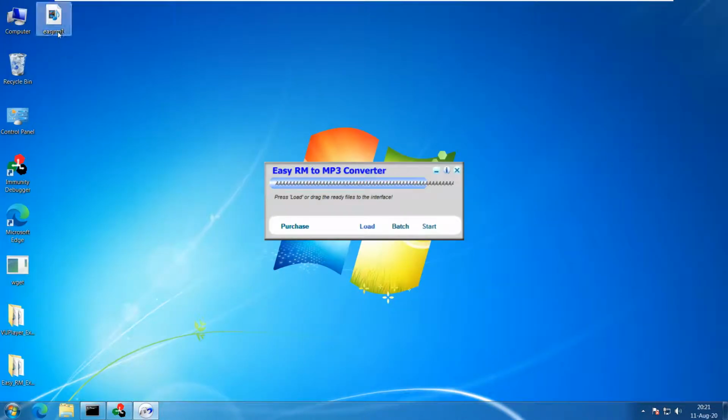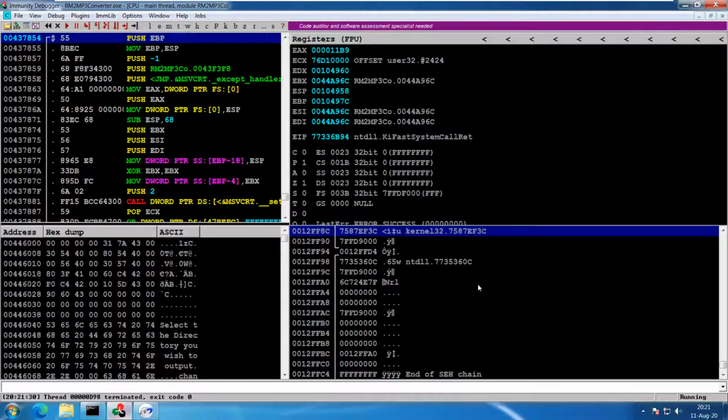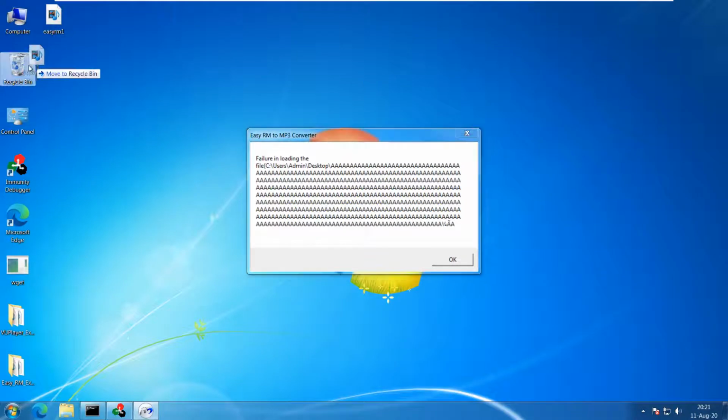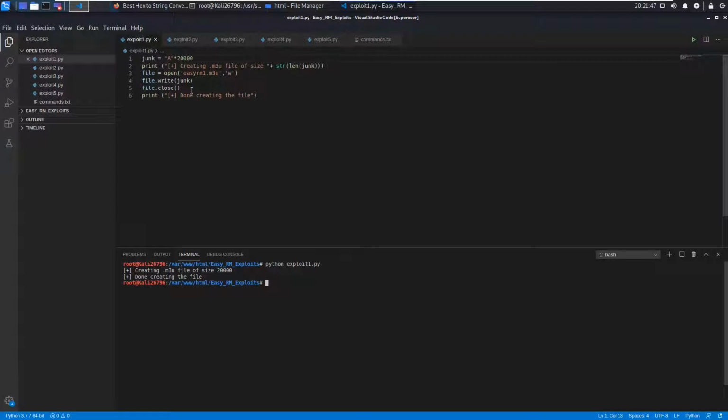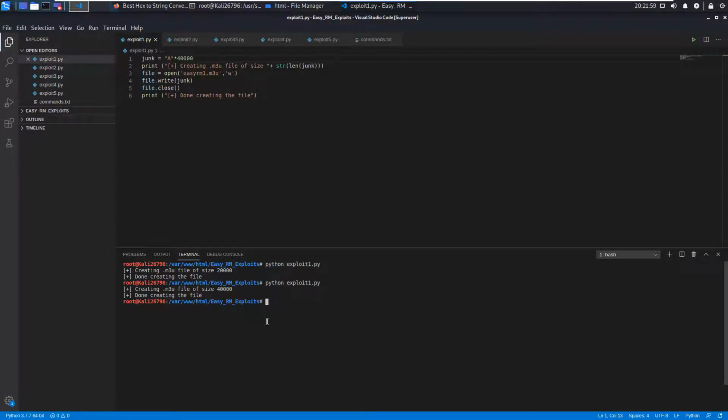As you can see, even at 20,000 the program appears to be running. So we now need to increase the value of junk from 20,000 to, let's say, 40,000. Basically it doubled from 10,000 to 20,000, then from 20,000 to 40,000.